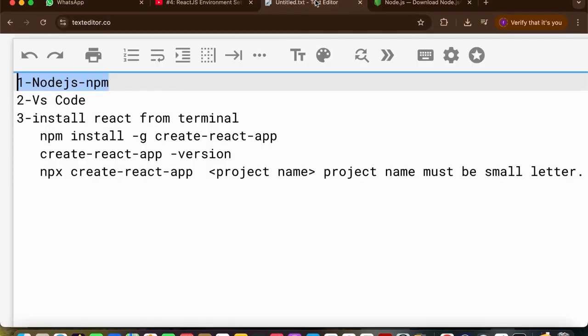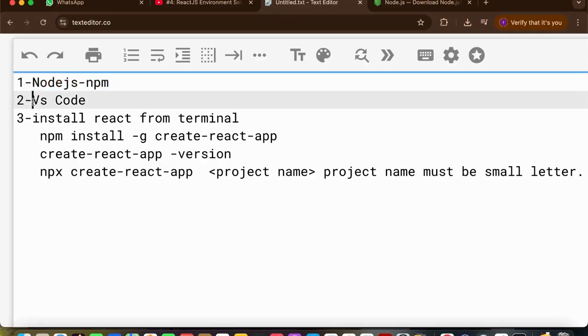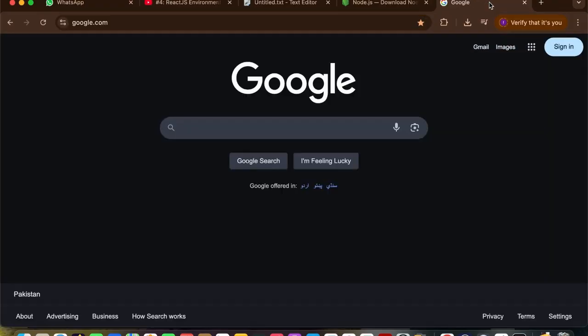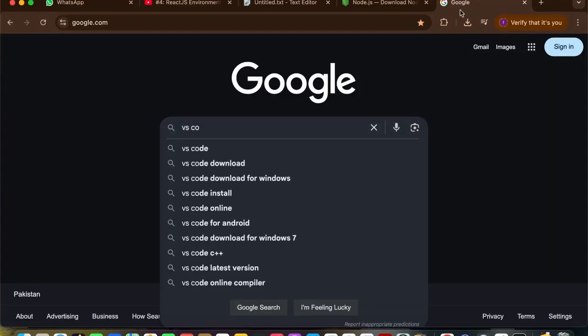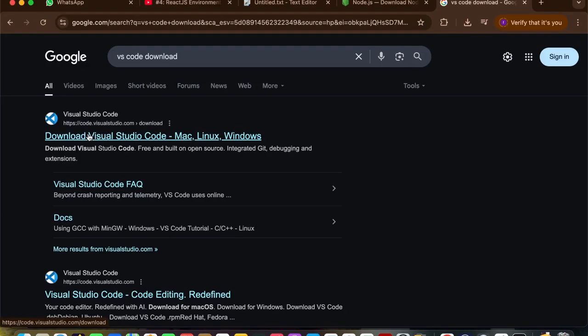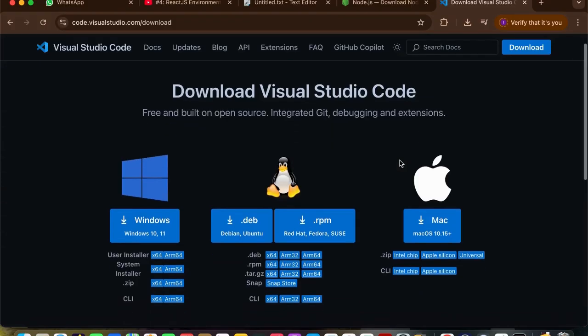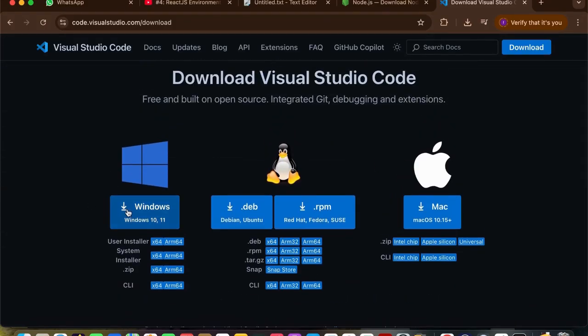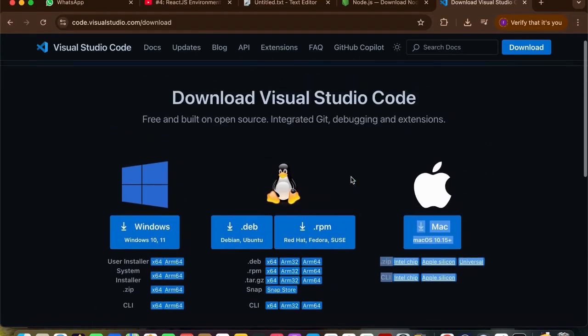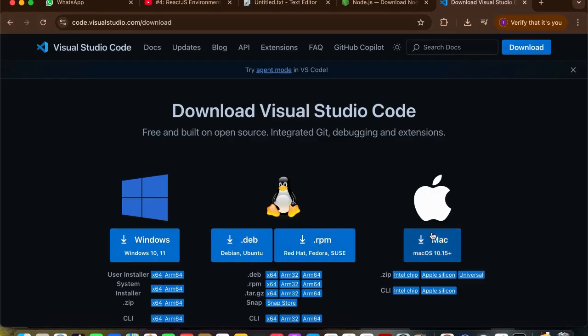So it's time to download Visual Studio Code. I'm gonna search for Visual Studio Code in Google to download this code editor. Search here for VS Code. I'm gonna click on it and download Visual Studio Code from the first link. So I'm gonna click on it, and here you will see Visual Studio Code is available for all operating systems, Windows, Mac. You can download according to your operating system. I have already installed Visual Studio Code,